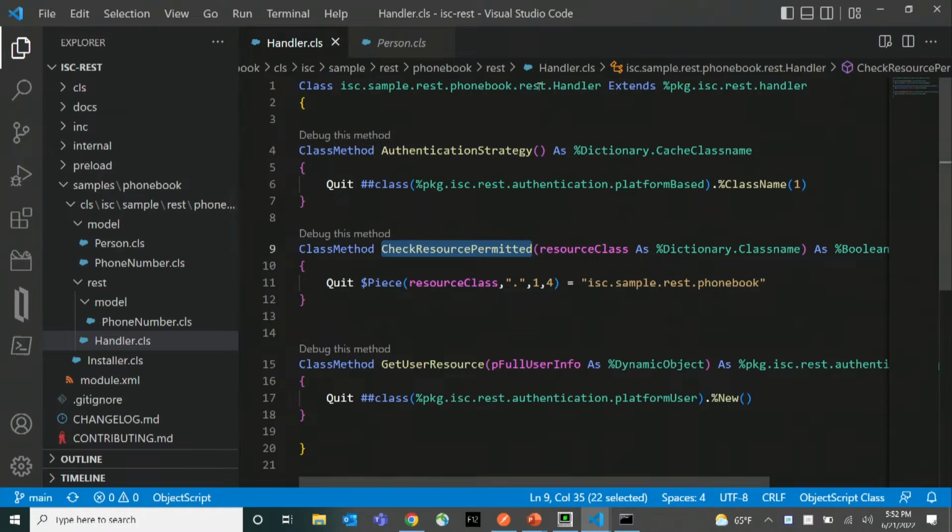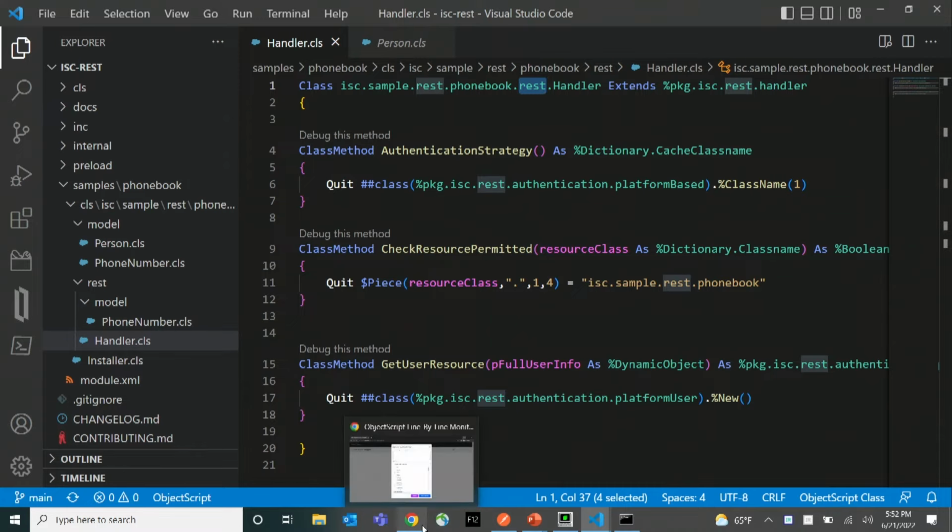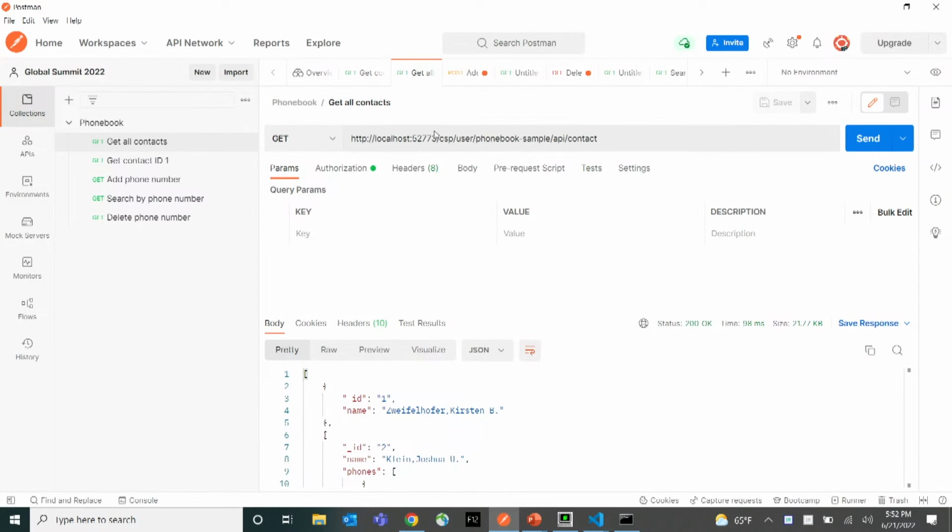So this REST dispatch class is configured as the dispatch class for a web application. In my case, /csp/user/phonebook-sample/API. There's a lot of parts. But then within that, there's a contact resource. And if I issue a get on the top level,